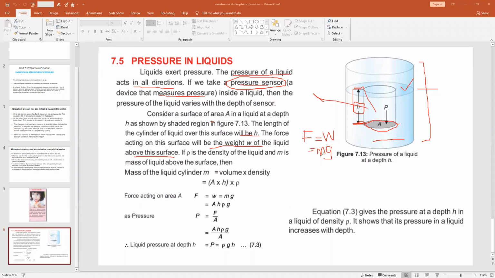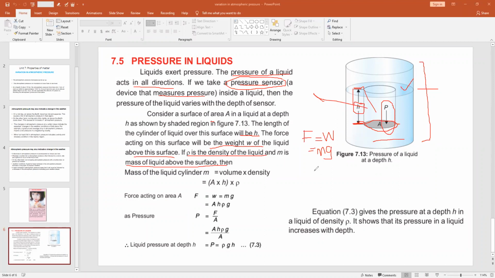So when force is equal to weight, it means there is a mass of the liquid, and gravity also exists when force is applied in a downward direction, because pressure is acting downward. We know that pressure is directly proportional to the force, right? If rho is the density of a liquid and m is the mass of liquid above the surface, then